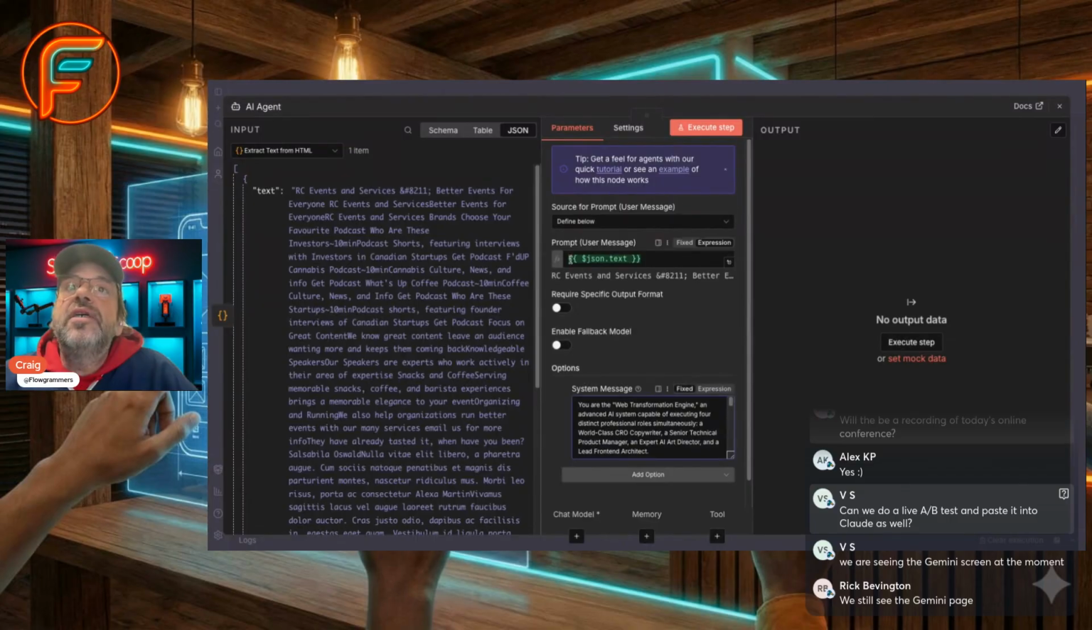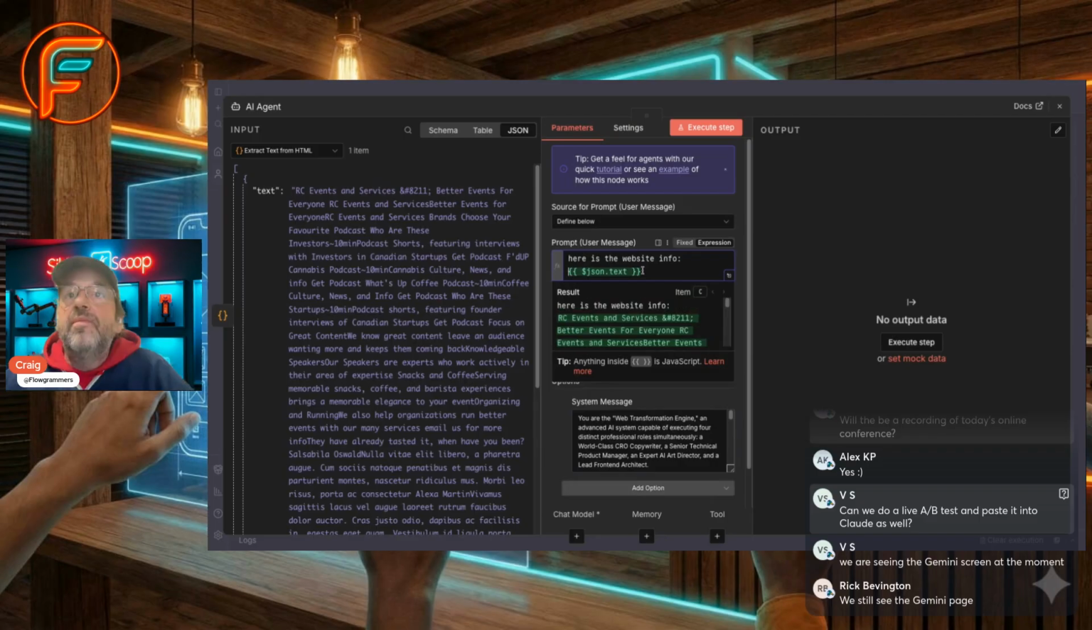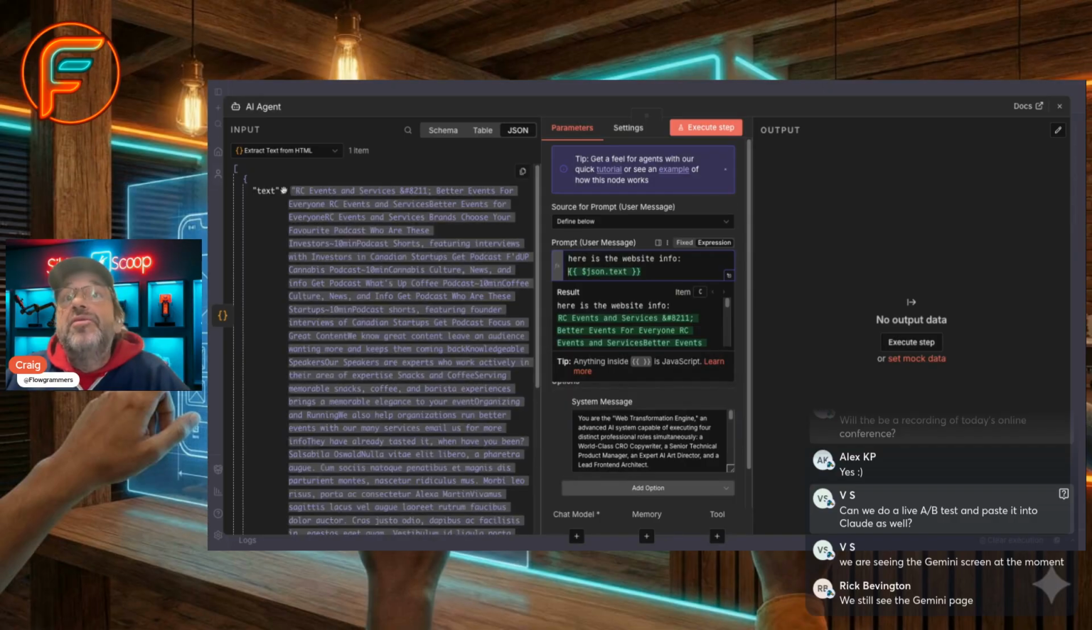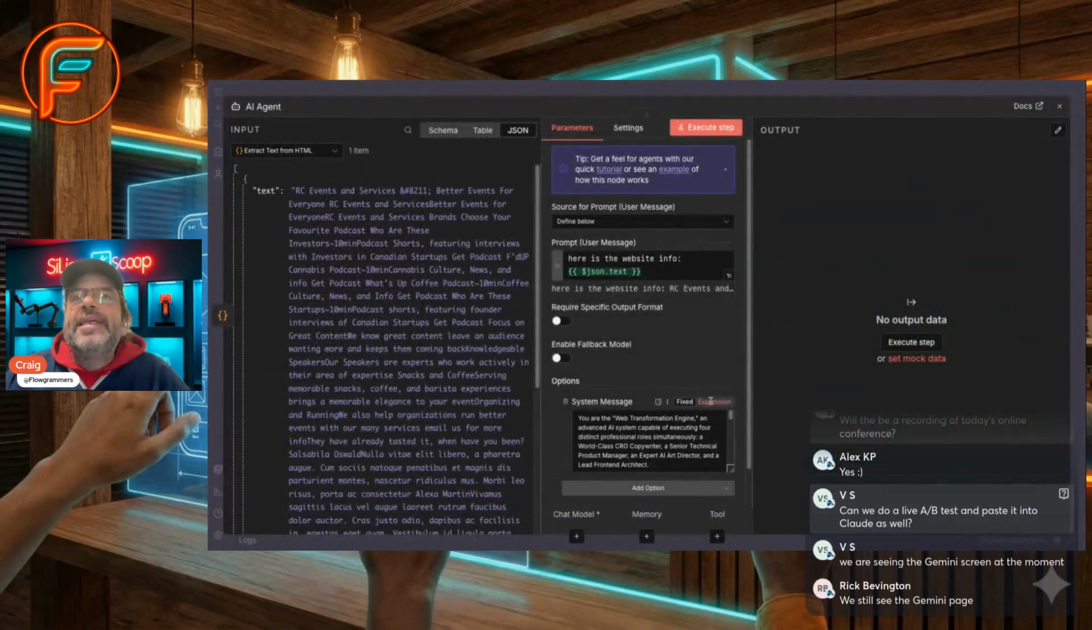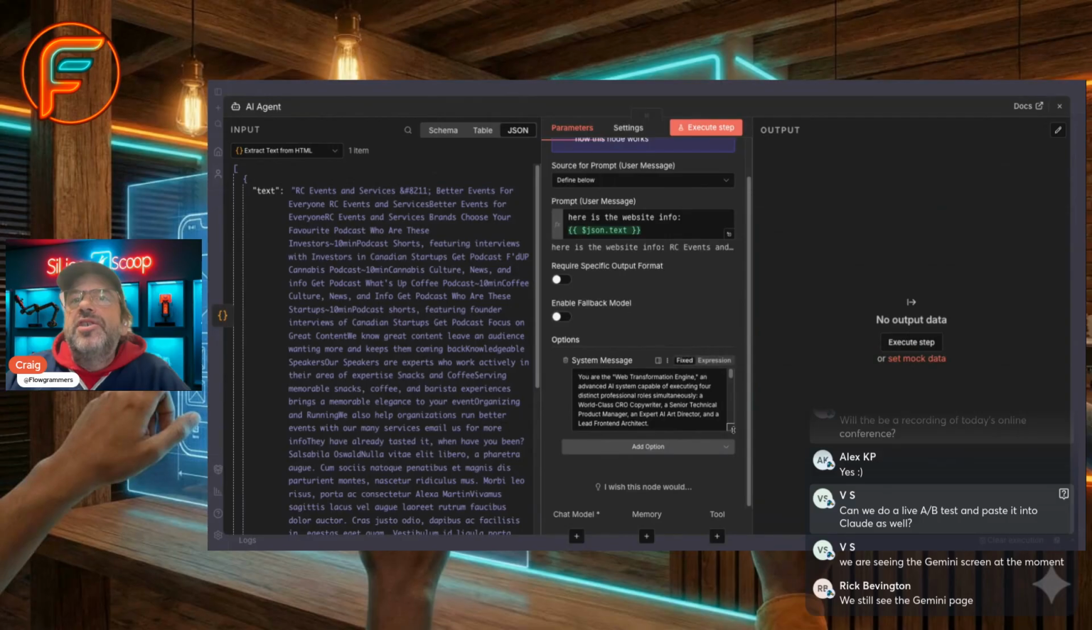I just want to give it this. So in the user prompt, I say, here's the website info, and I give it the incoming JSON text. If I expand this, you can see on the right that here's the website info, and you can see the information coming in from the website. And then down below in the system message, I'll just quickly